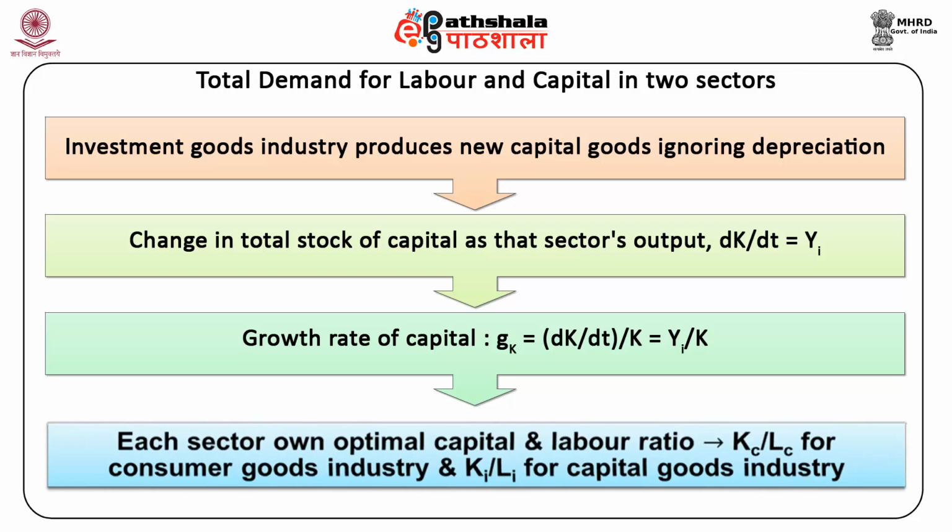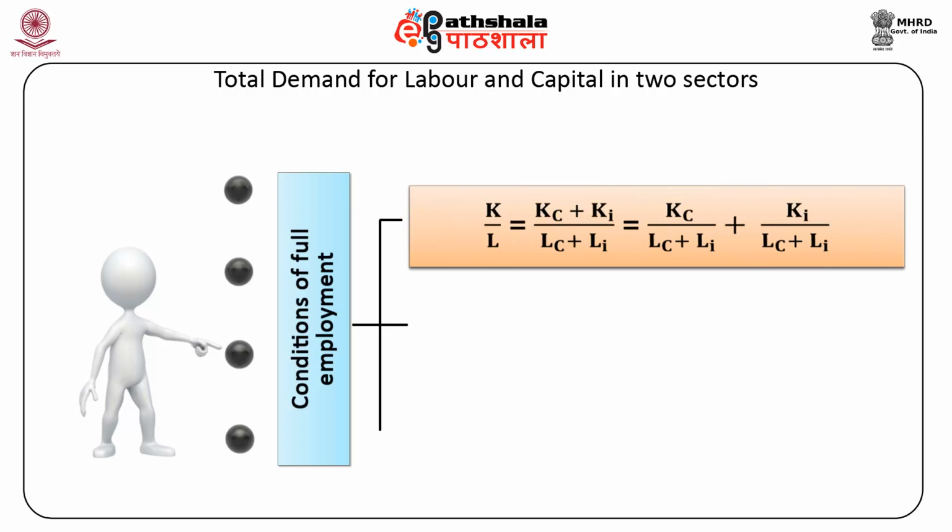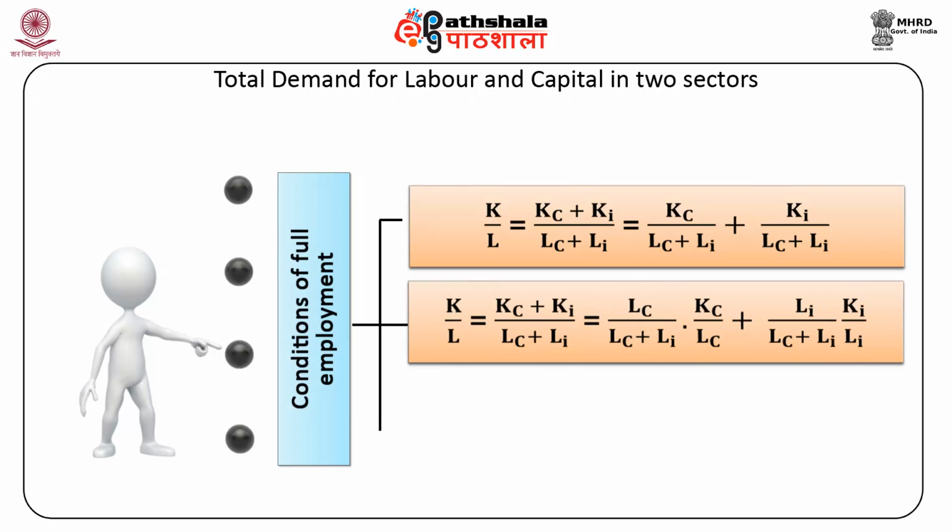Each sector of the economy will have its own optimal capital labor ratio, which will be Kc upon Lc for the consumer goods industry and Ki upon Li for the capital goods industry. Under the conditions of full employment, the overall capital labor ratio for the economy will be K upon L, which is equal to Kc plus Ki upon Lc plus Li, which is equal to Kc upon Lc plus Li plus Ki upon Lc plus Li, or K upon L is equal to Kc plus Ki divided by Lc plus Li,